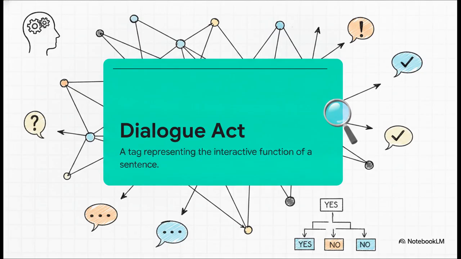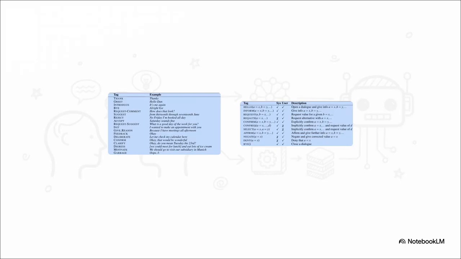It beautifully wraps up what we've been talking about. It tags the speech act, meaning what the speaker is trying to do, and the grounding, meaning how they are confirming past information. Depending on the job, developers create specialized rulebooks or tag sets. Imagine a tag set designed strictly for scheduling meetings. It'll have tags like suggest for proposing a date or deliberate for checking a calendar. But a system built for recommending restaurants, that needs totally different tags like requesting alternatives or confirming a price range. Different domains require entirely different computational rulebooks to function properly.